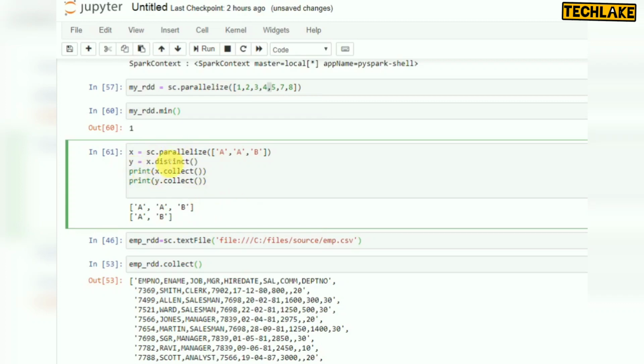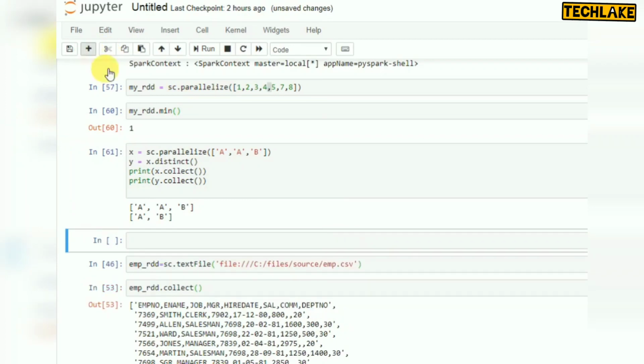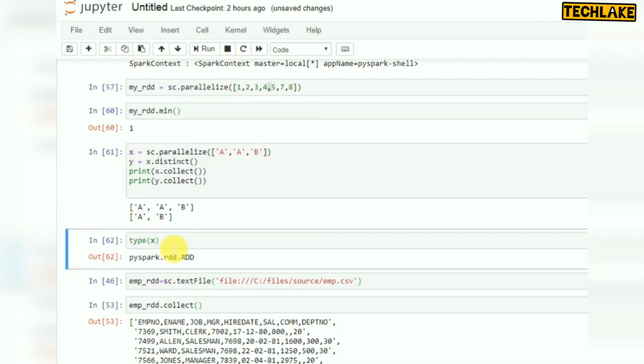If you want to know the type, whether this is a data frame, an RDD, or a variable, you can create another cell by clicking on plus. Use type of X and press Control Enter.